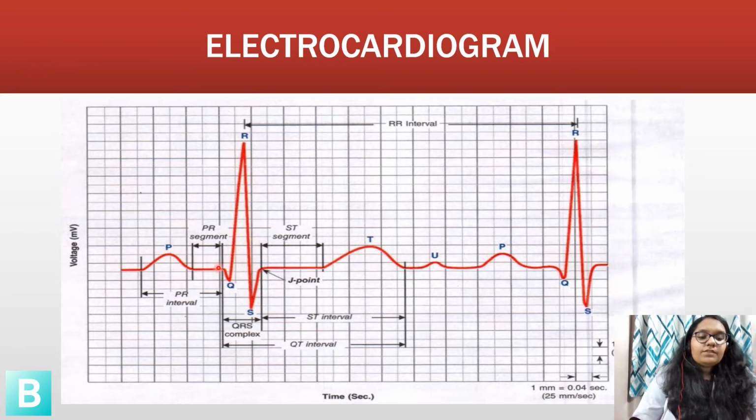The P wave is the first wave of ECG with a duration of 0.1 second and it is directed upwards. It is due to the atrial depolarization and represents the spread of impulse from SA node to the atrial muscles. The QRS complex represents ventricular depolarization, wherein the Q wave is a small negative deflection of a duration less than 0.04 second, which represents the invasion of midpoint of the interventricular septum.